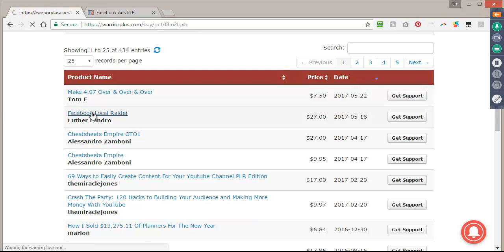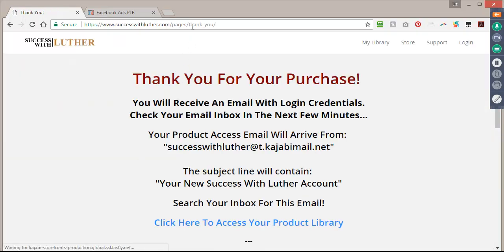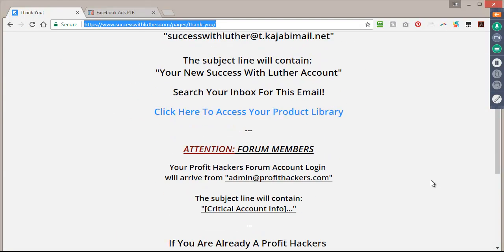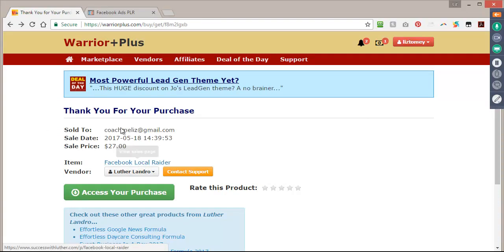So like this one. This is not normally something I would buy, but this sales page actually made me buy. Oh, I actually need to go to the sales page for it.